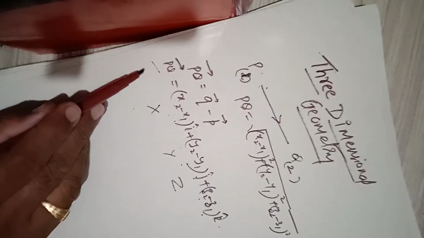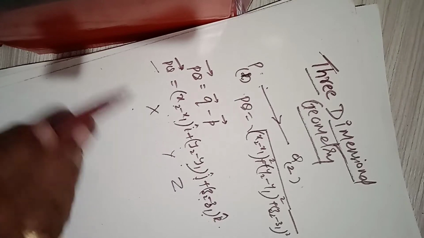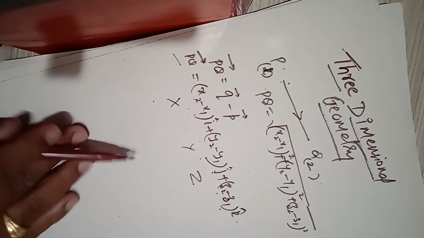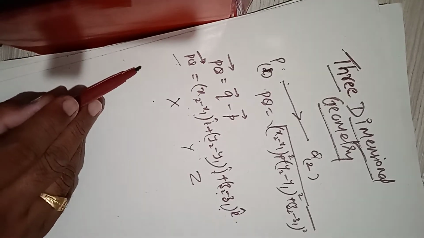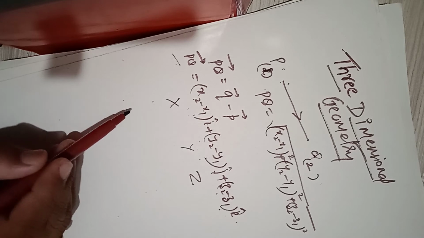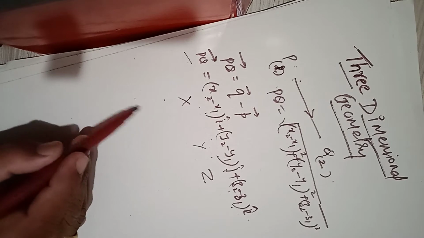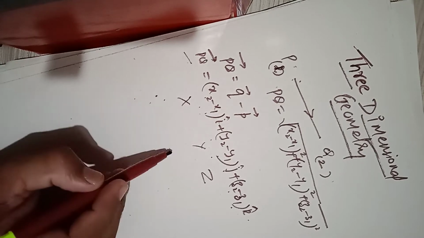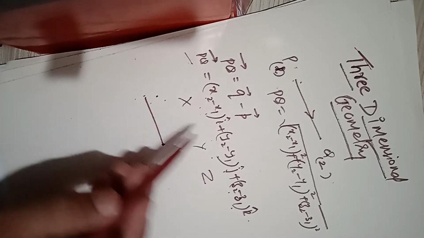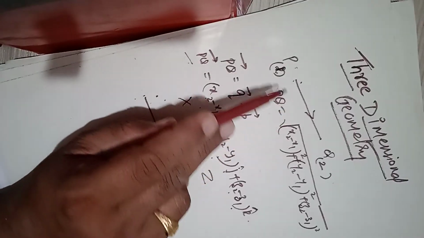In 11th standard, we have studied the Cartesian coordinate form, the Cartesian systems of different section formulas and all, and in vector algebra we have studied the vector form using the Cartesian coordinate system and deriving the position vectors of different points. But here in 3-dimensional geometry, we are going to study the direction ratios and direction cosines of a vector joining two different points, and also, as it is here, the direction ratios of a vector joining 2 points P